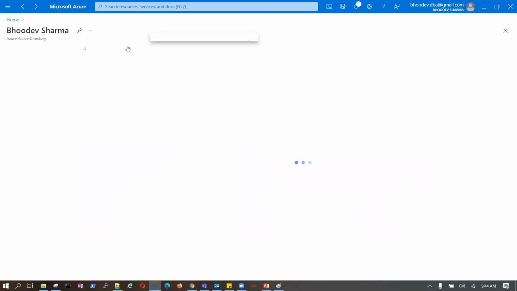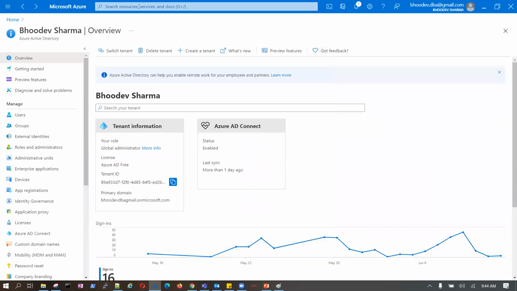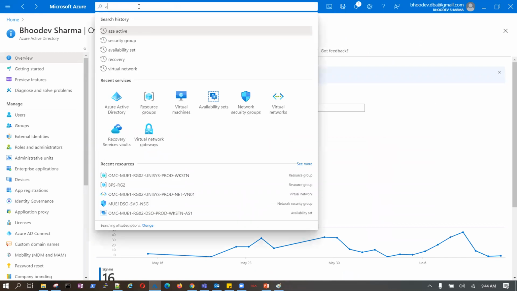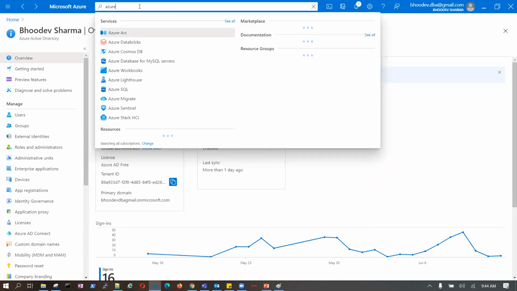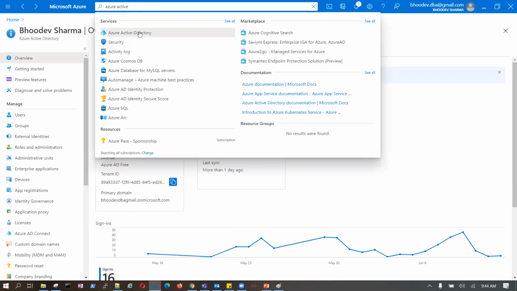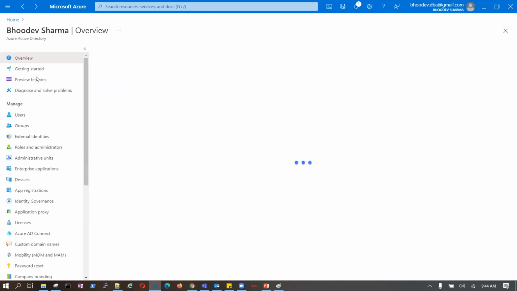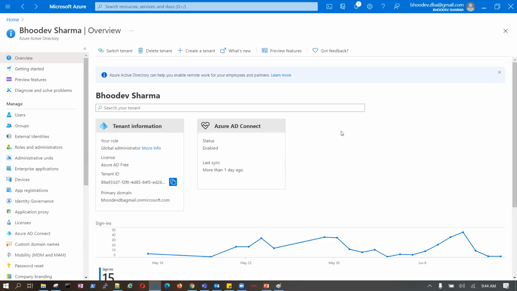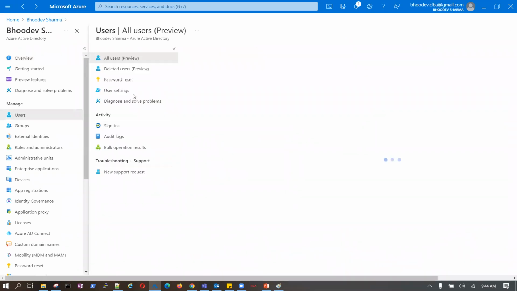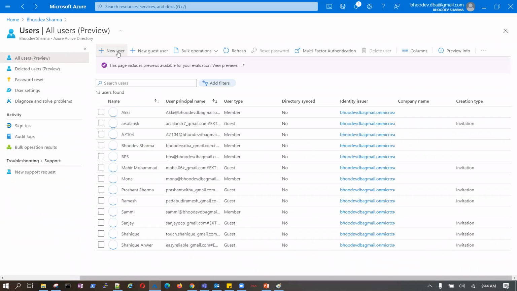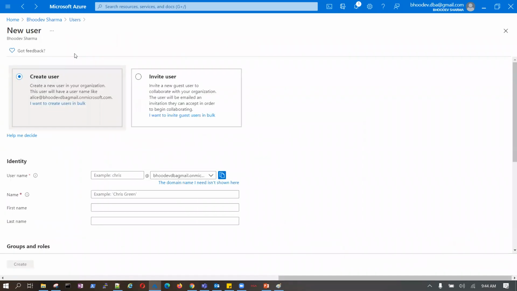You go from here, you search from here, it will go to the same place only. If I say user, new user, then create user, invite user.